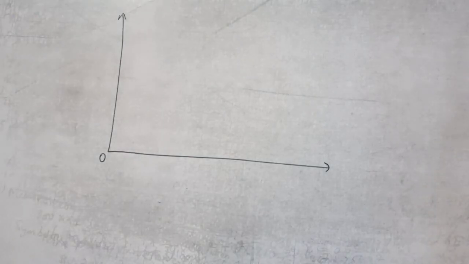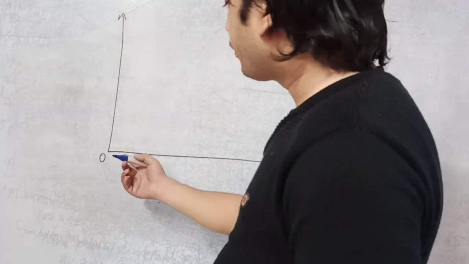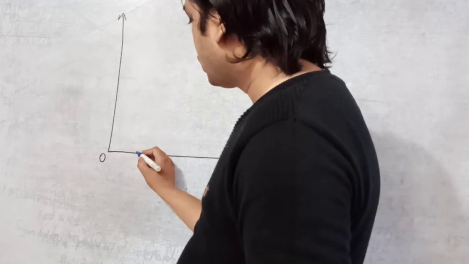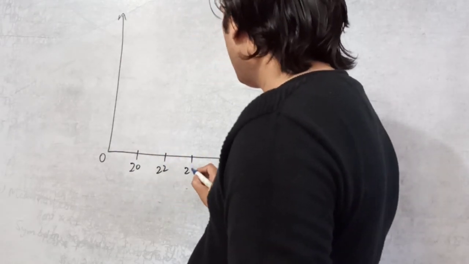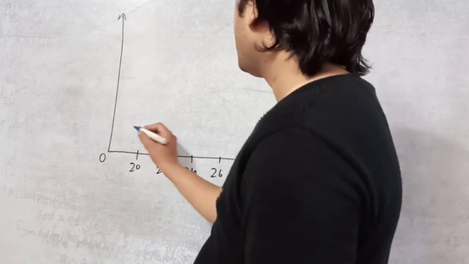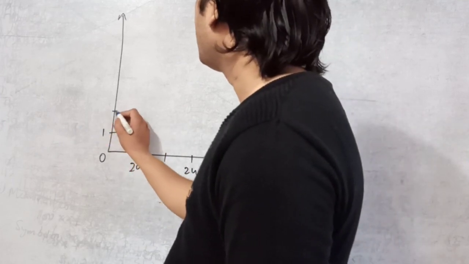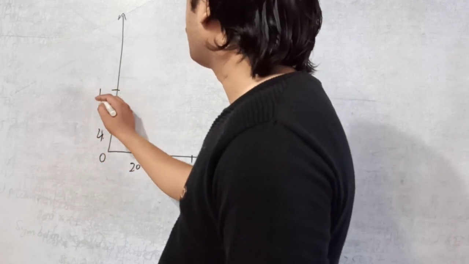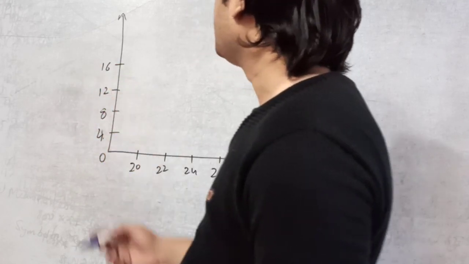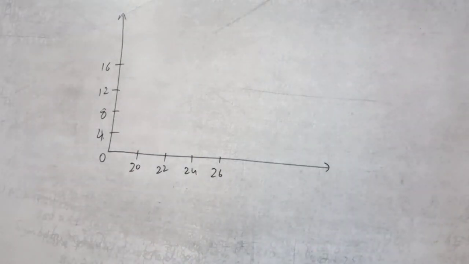Starting point is 0. So here suppose after 0 we are writing 20, then 22, then 24, 26. Suppose we are writing here 4, 8, 12 and 16. See, when we are writing this one,